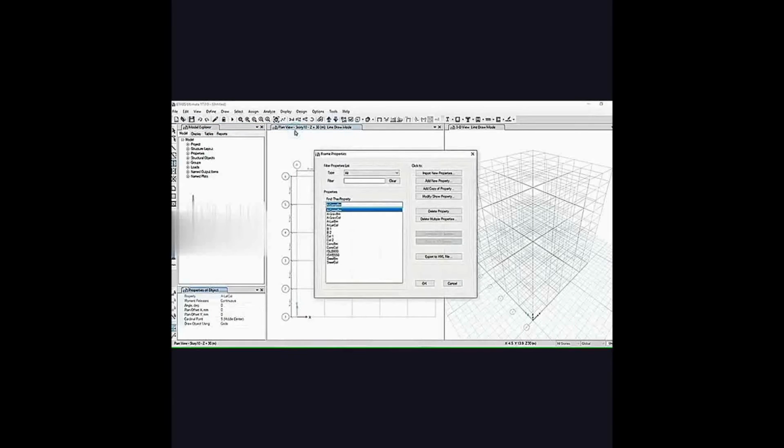Select to draw columns according to the material property. Select column 1.